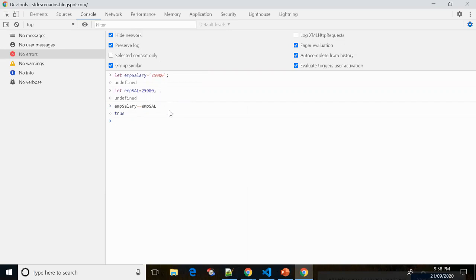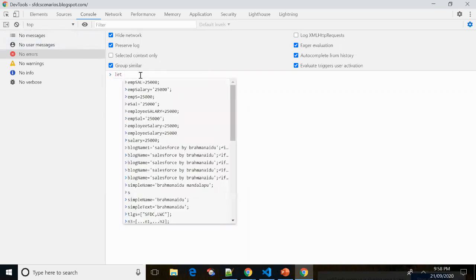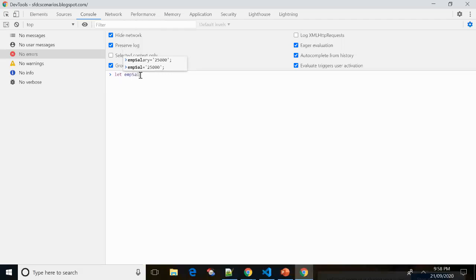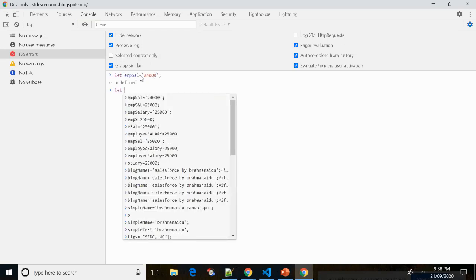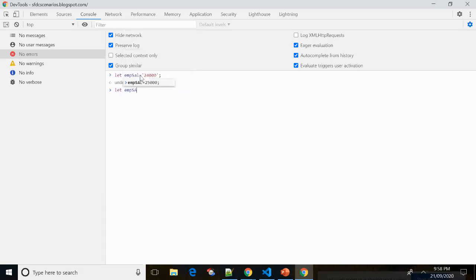Now I'll show you the negative scenario as well. Let emp sal equal to 24,000, of string data type, and let me create one more variable of integer data type and give some value, 20,000. I just want to see the negative scenario.